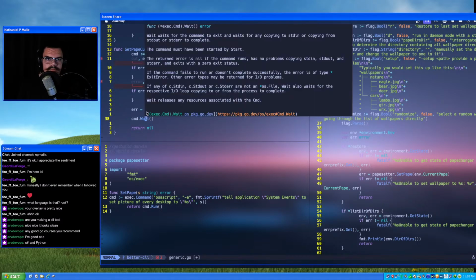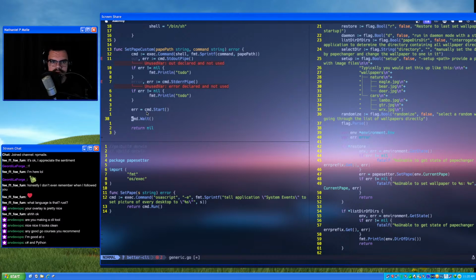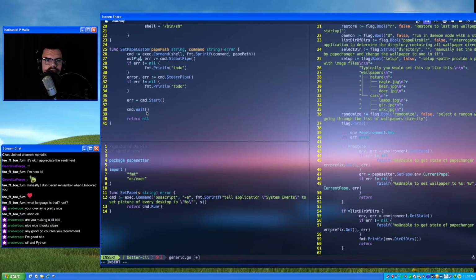What does that do? Waits for any copying to stdin or copying from stdout or stderr to complete. Command must have been started by Start. Okay. So we'll call this outPipe.